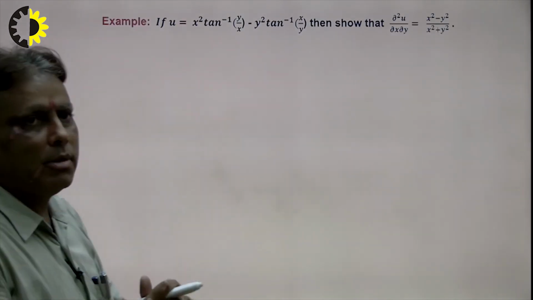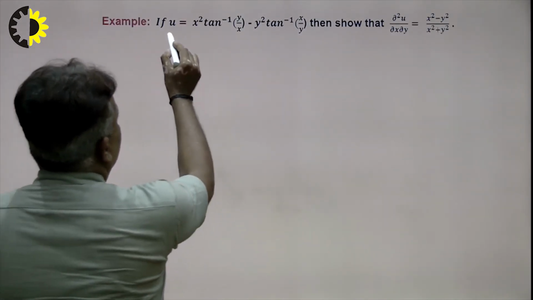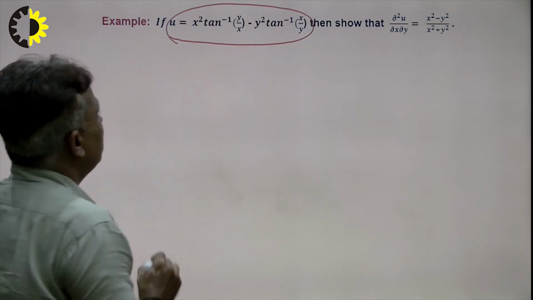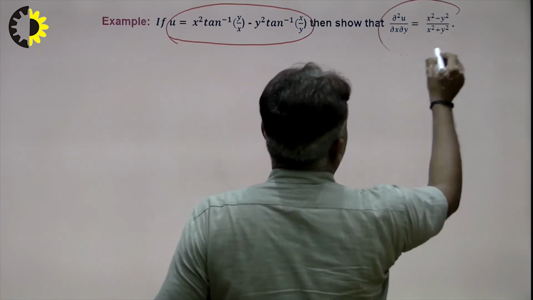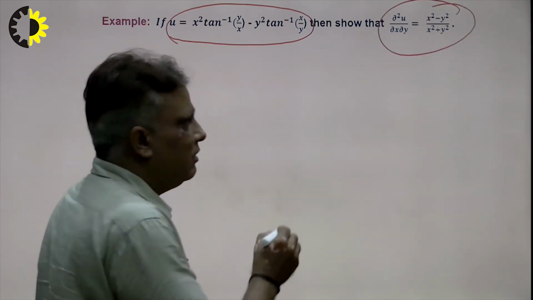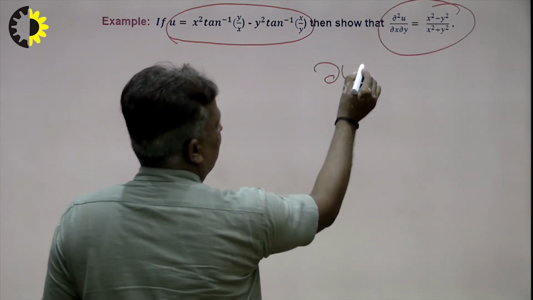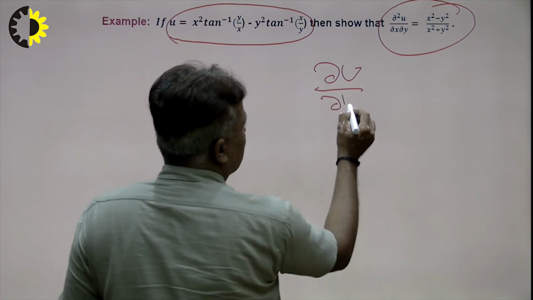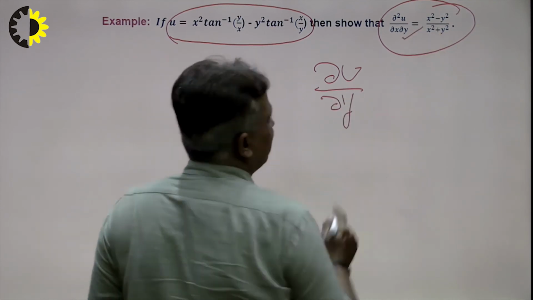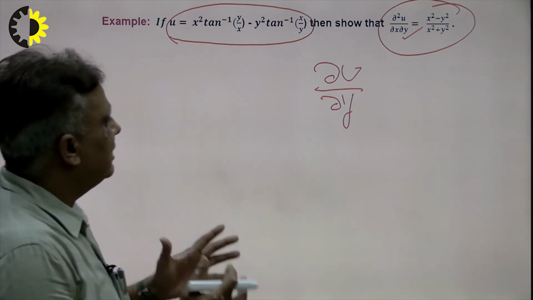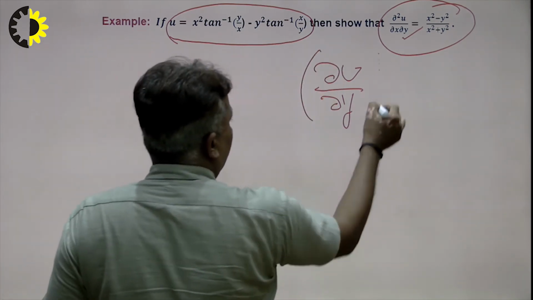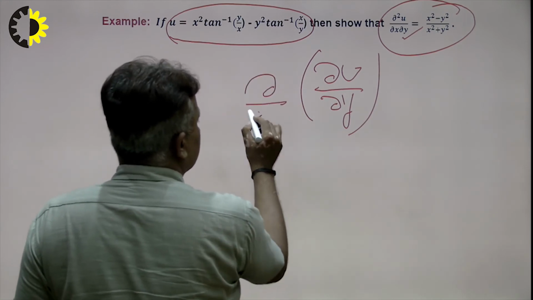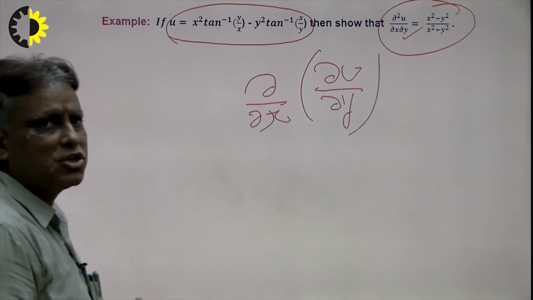This is another problem, right? The question is that u is equal to this, right? u is a function of x and y, and prove that this holds. Now first of all we differentiate with respect to y here, del u over del y, because on the right hand side y comes first, right? So the student should keep in mind: first solve the right hand side and then solve with respect to x. This will be the roadmap to solve such type of problem.